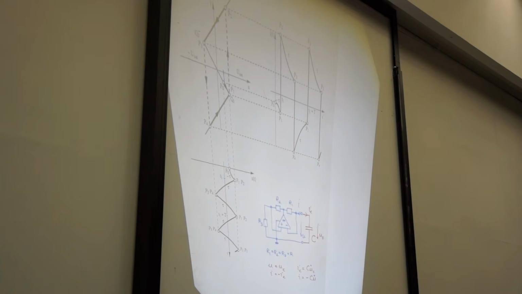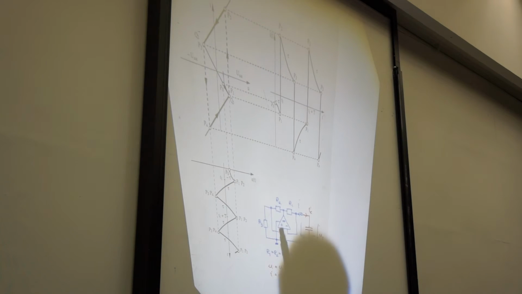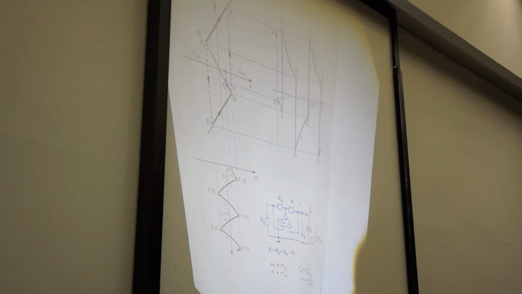And then we have seen, in addition, if we interchange the polarity of the inverting and the non-inverting input of the op-amp, then the behavior of the circuit completely changes. It's not an oscillator anymore, but simply a flip-flop, a storage element where we can store information. That was basically the end of the chapter on first-order circuits, and then we went on looking into second-order circuits